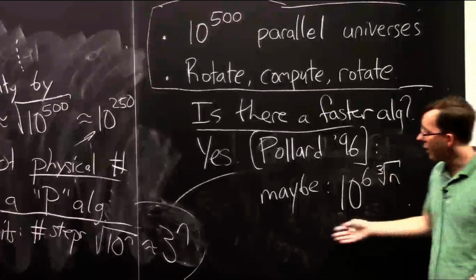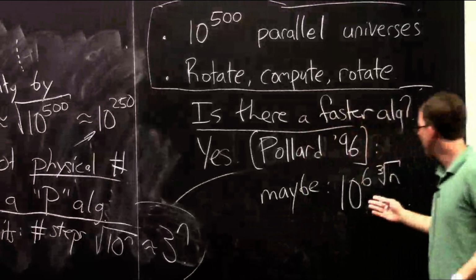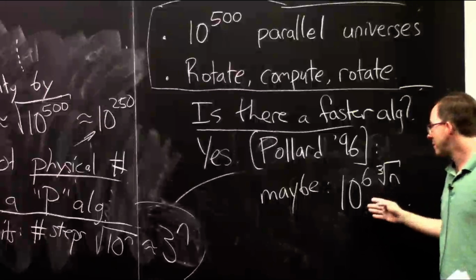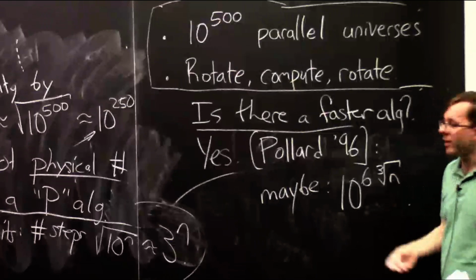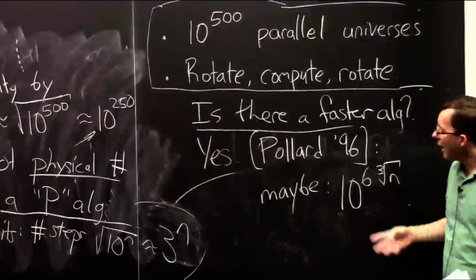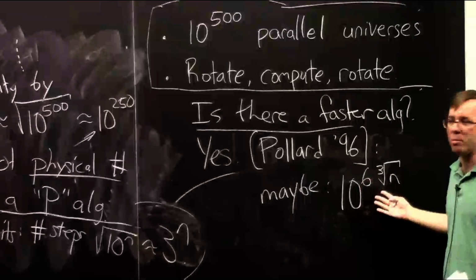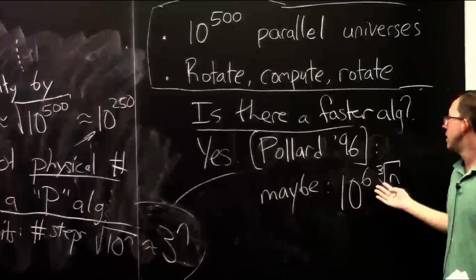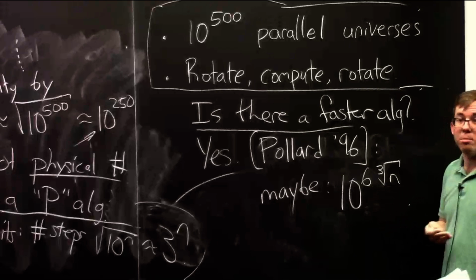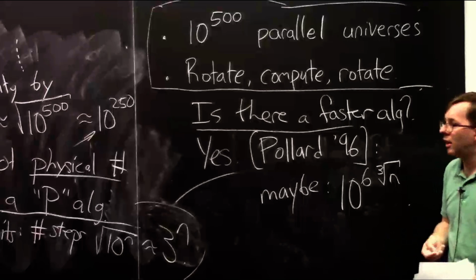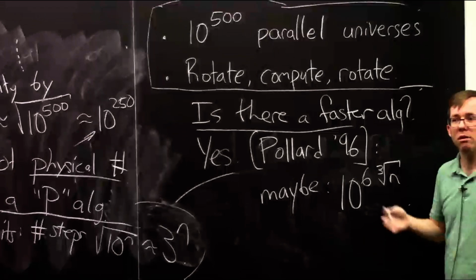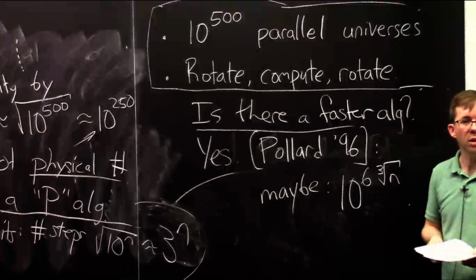And so this is better. It's not like 3 to the n. It's like, well, debatably better. It's like 1,000,000 to the cube root of n. But even though this is somehow in principle faster, it's still exponential. This is still not a P algorithm. It's still not feasible to execute this algorithm on a 1,000,000-digit number in the way that it was totally feasible to execute the algorithm for multiplying two 1,000,000-digit numbers.